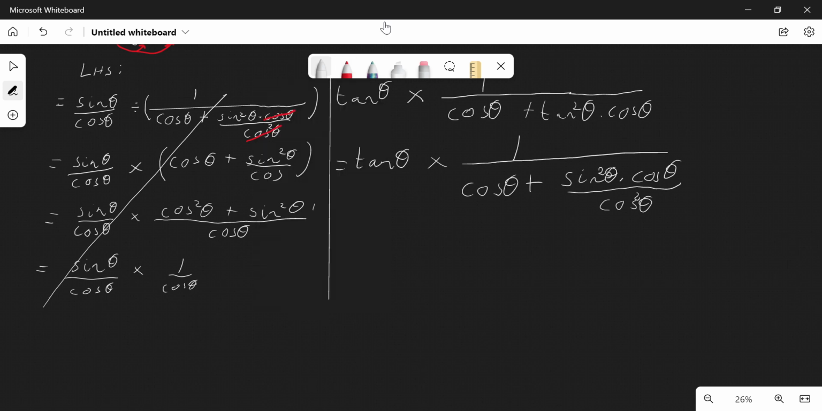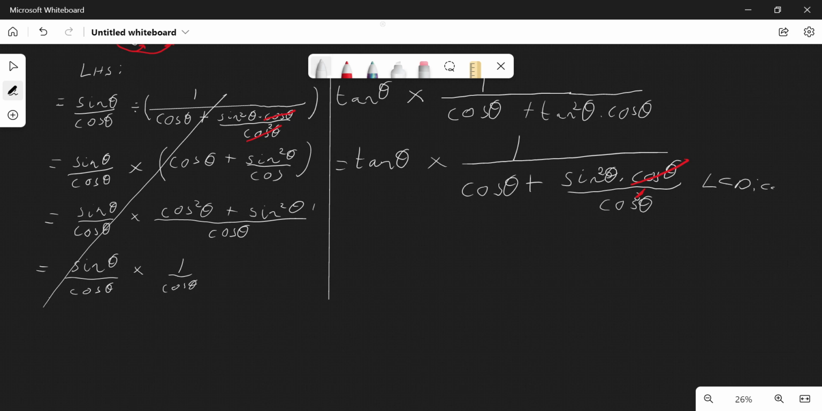All right, now we have an LCD. I've got a choice now. Either I cancel here. Okay, no, let me cancel here. Cos theta cancels out with that square there, but we still have an LCD here under the bracket, and our LCD